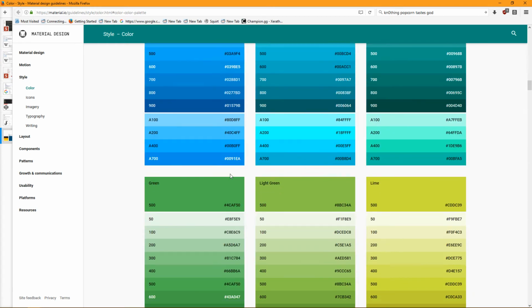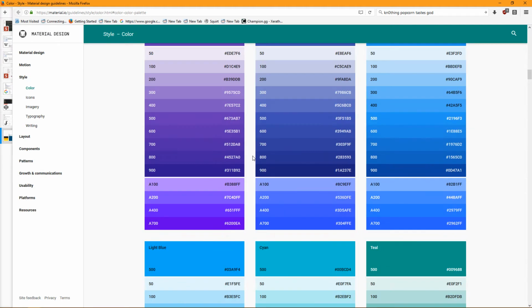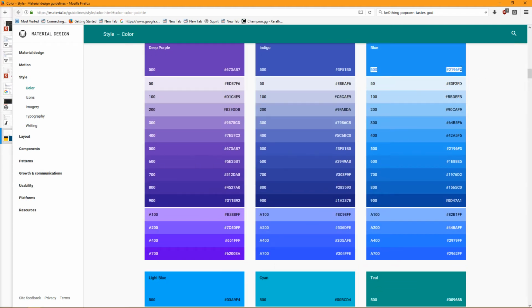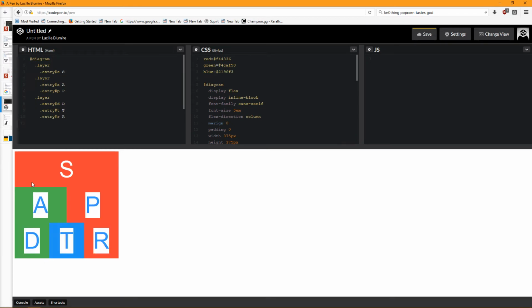We will steal their green. It's a really nice shade of green. I'm a big fan of it. Green is equal to this, and blue is equal to this. Okay, this gives us a nice diagram to stick in our document.